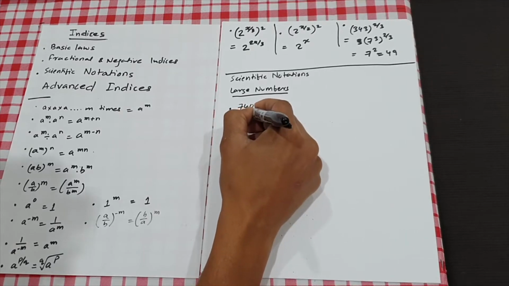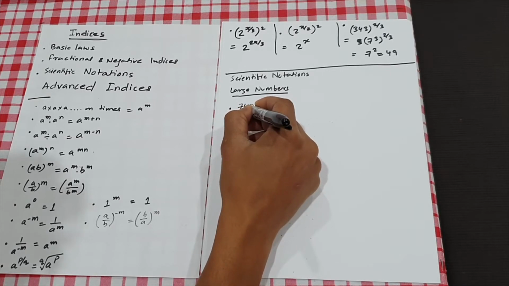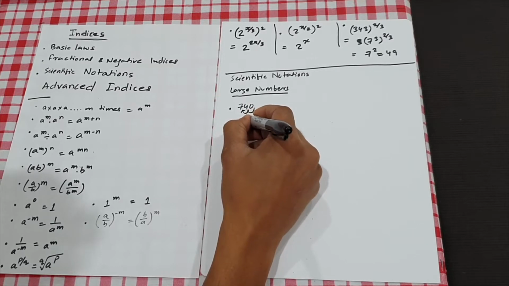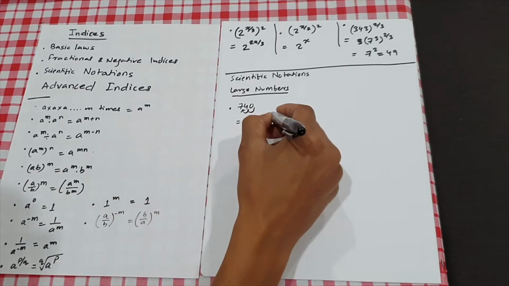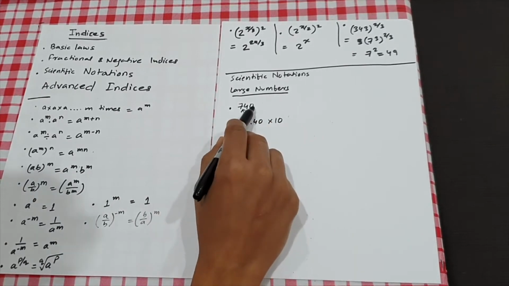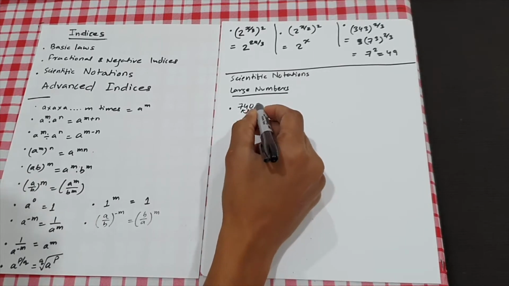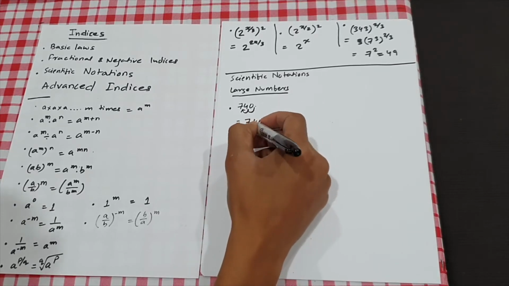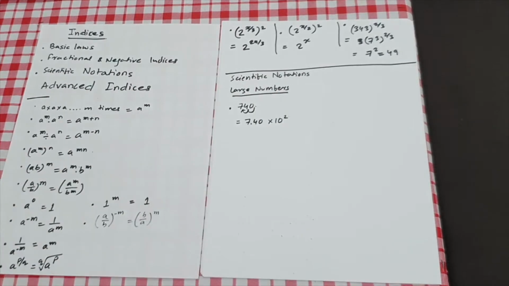Basically the decimal will have to move from here to here and then from here to here, so that there is only one number to the left of the decimal. So I have to write this as 7.40. Essentially what we have done is move the decimal two places. It was here first, I moved it here, and then I brought it just after 7. Because I moved it two places, I will have to write this as 10 to the power 2.